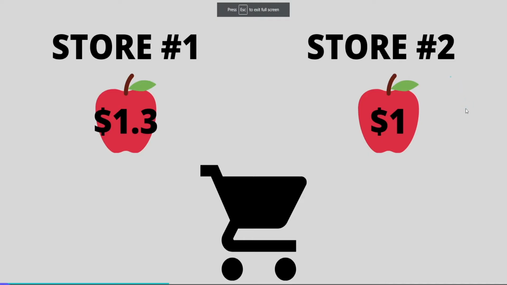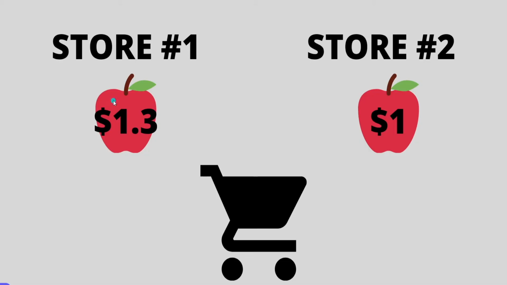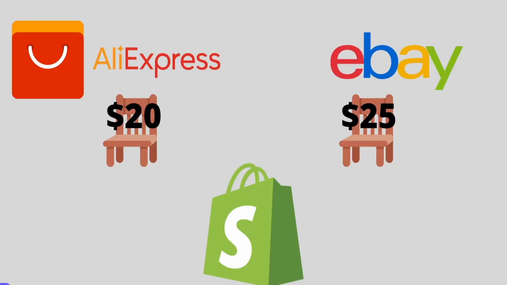And so here is the situation that I'm sure all of us have encountered at some point. Let's just say that you are searching for a product at a store and it has a certain price. For example, $1.3 for the sake of simplicity. And then you went to a different store and you found it for a way lower price, $1 in this case. Now, that 30-cent difference is called price arbitrage. And that is going to be a key process moving forward because that is exactly how we are going to stack up some profits.